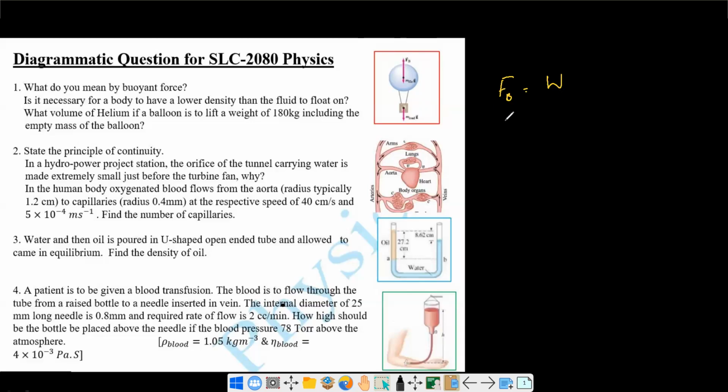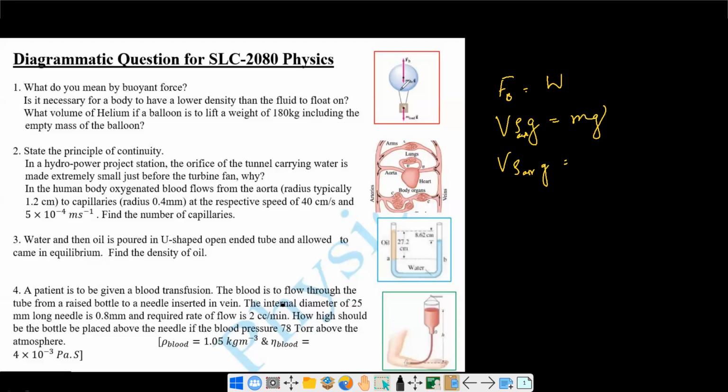Okay, so the buoyant force is very well known. The buoyant force, or upthrust, is given by V rho g, and the weight is simply mass times acceleration due to gravity. In here, rho is the density of air, because air is going to be displaced, right? Now, V rho of air g will be equal to the total mass